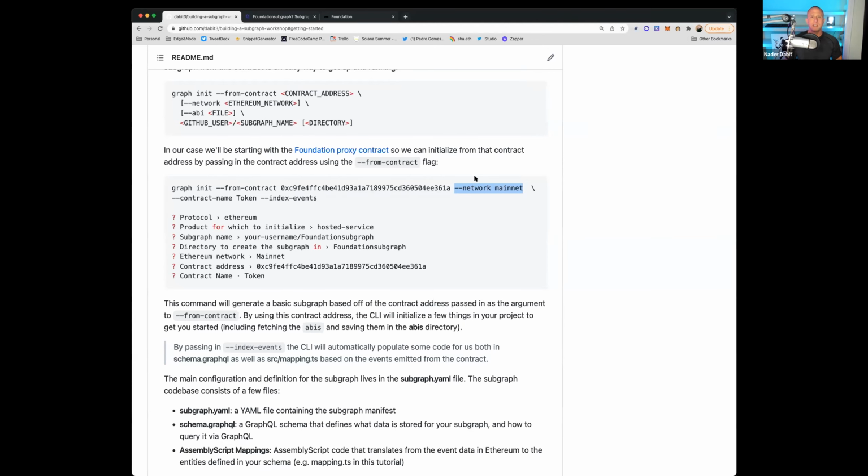So we want to specify Ethereum mainnet. We also can pass in the contract name because a single smart contract might hold multiple contracts that are part of that single contract. I believe this contract has not only the token, but other different contracts within it. So the one that we want to be working with is the token contract.